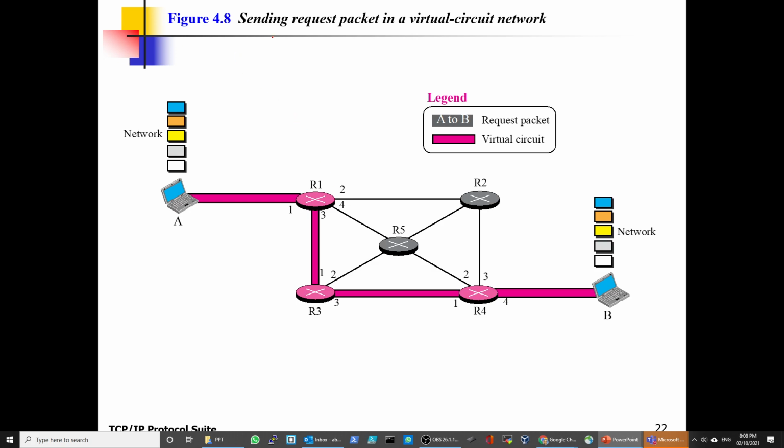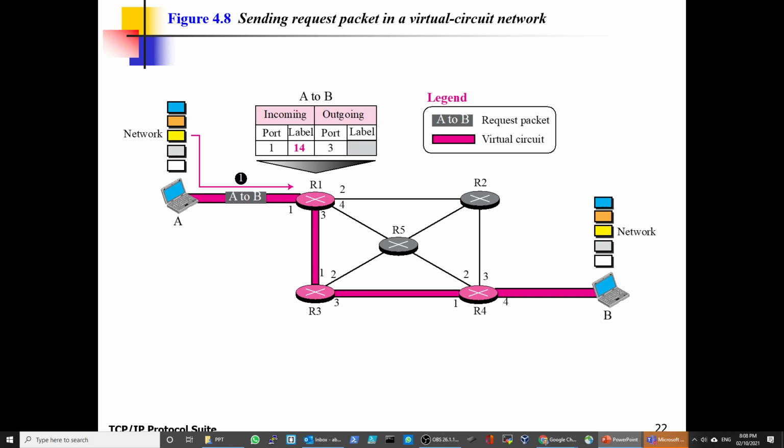So this is the outgoing label and the incoming label, and it will be transmitted to the destination. Now sending a request packet in a virtual circuit network. As you see in here, A to B request packet. You have the incoming and the outgoing. Port 1 and the label is 14, and the outgoing is port 3.